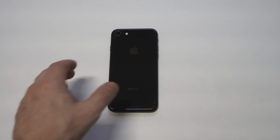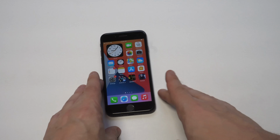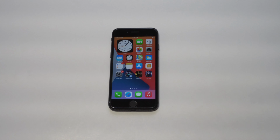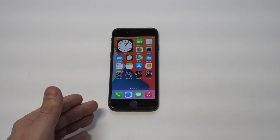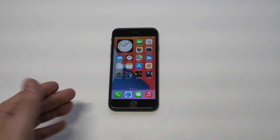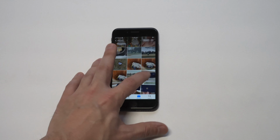It's got an all-glass design, a single-lens camera. It sells for around the $200 price range. You could actually get it a little bit lower than that, or a little bit higher depending on the gig size. It's got a 4.7-inch LCD display that does look really good. And taking a close look at this phone, it does have some age on it, but it's held up really